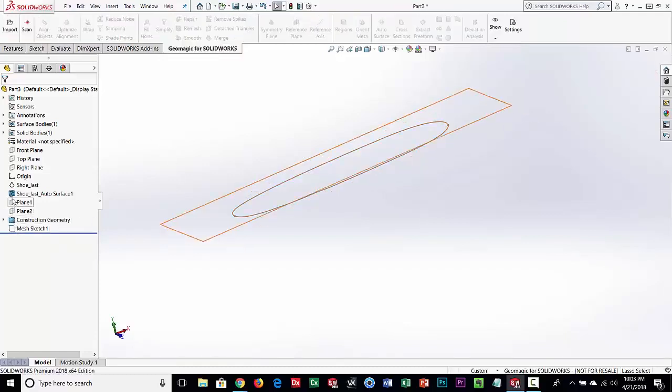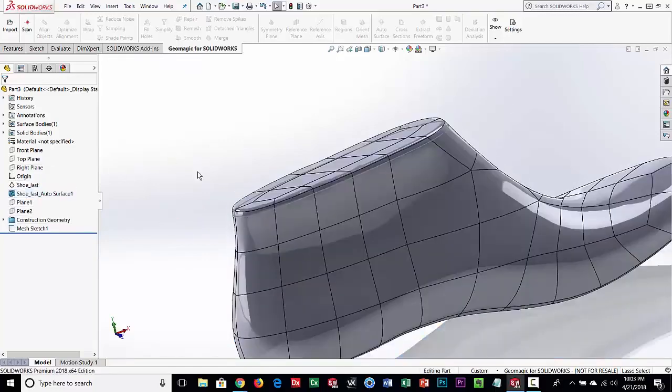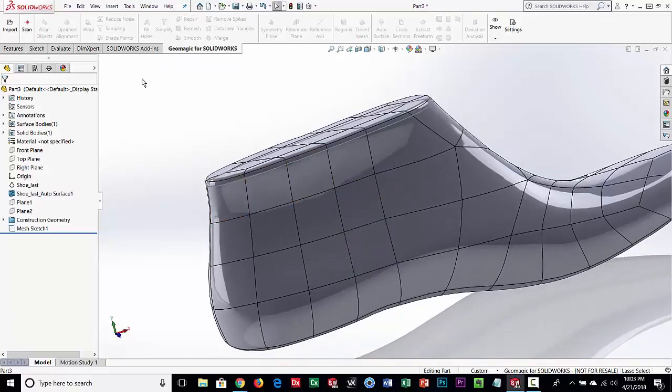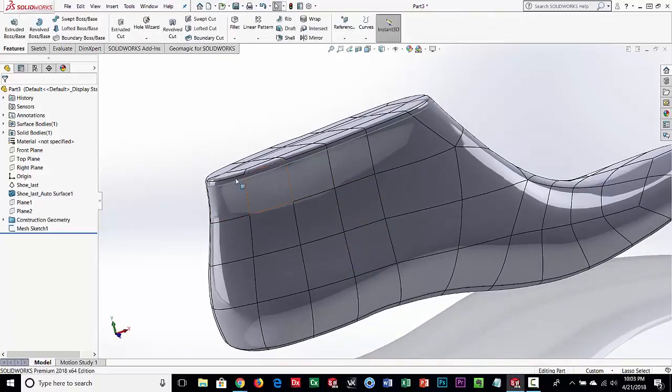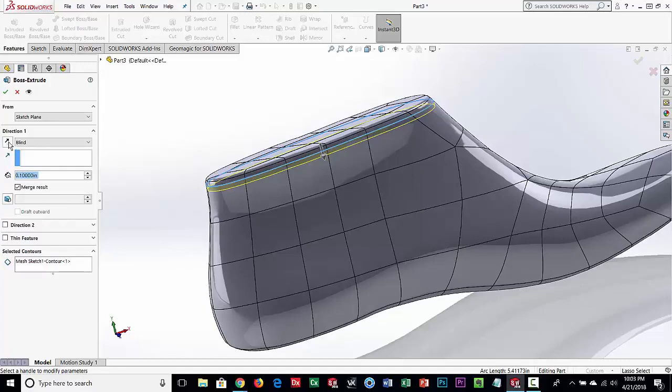And let's bring back our actual CAD data. Okay. And what I'm going to do now is use that section and go to a feature, because again, it's just like a normal section. And I am going to basically extrude. Let's go in the other direction, and let's try a 1/2 inch.